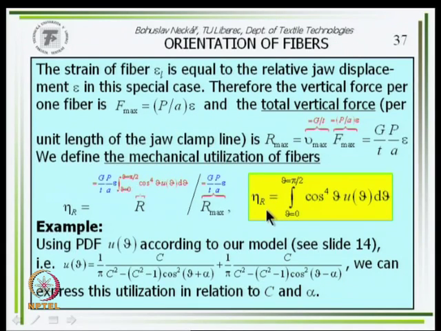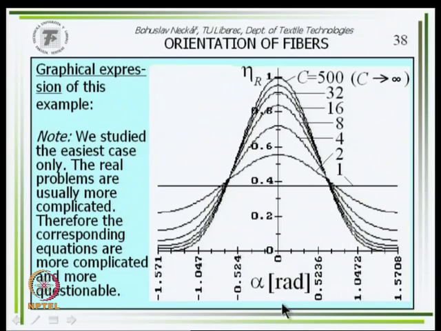So you can see that this effect, this utilization, can be sometimes very small. It's going from 0 to 1, isn't it? But sometimes it can be very small. When we use, in place of u theta, our u theta from our model, with spikes and the imaginary flexible belt and so on, so that you use this u theta according to this expression, we can calculate it, and you obtain, based on c value, the following